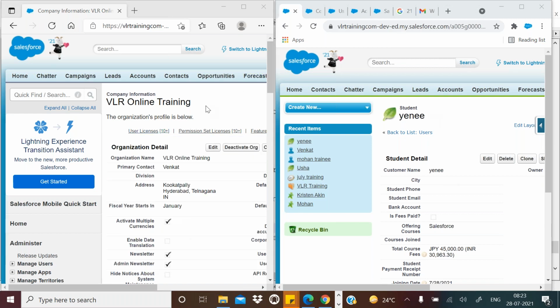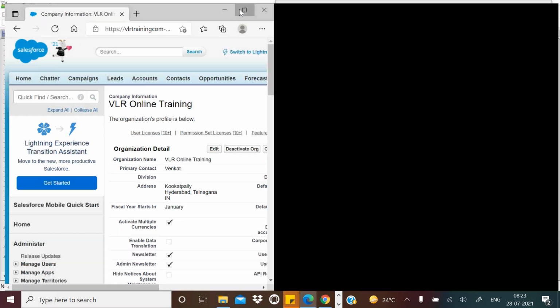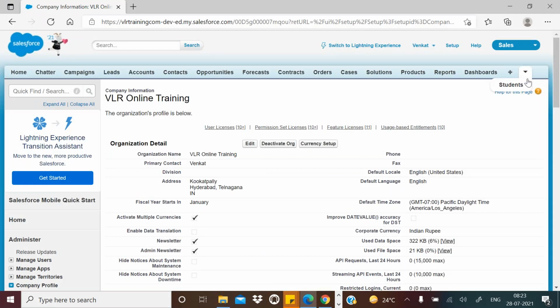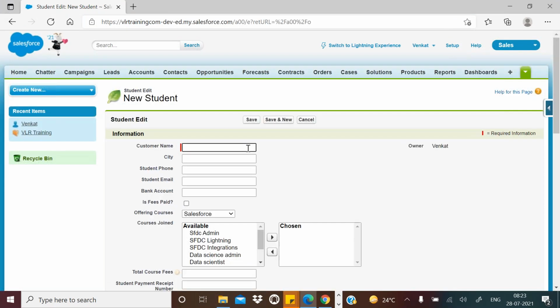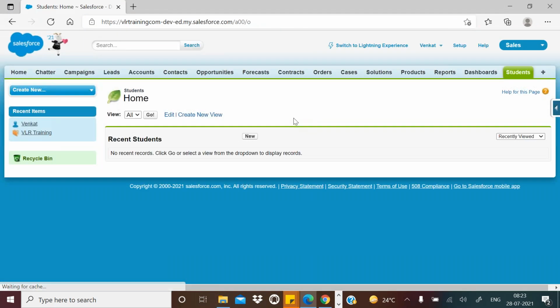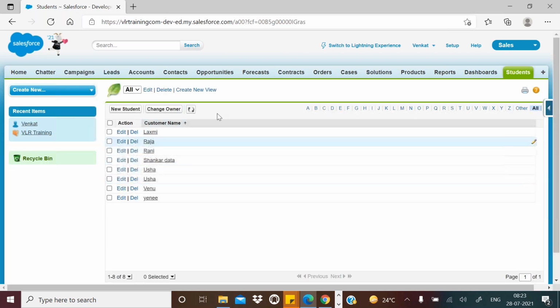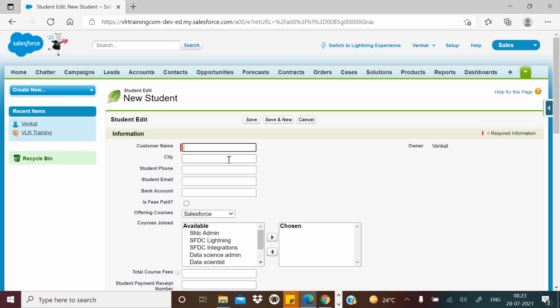Okay. Good. Now suppose Venkat logged in and Venkat created one record. By default, you cannot see the records, so what you need to do is click on the Go button, guys. If you click on the Go button, you can see the records. Okay, and a new student record.